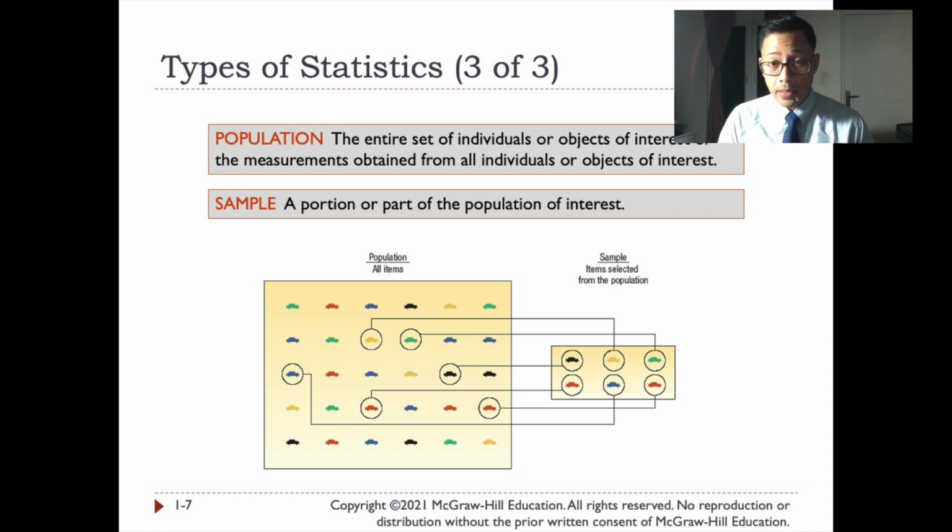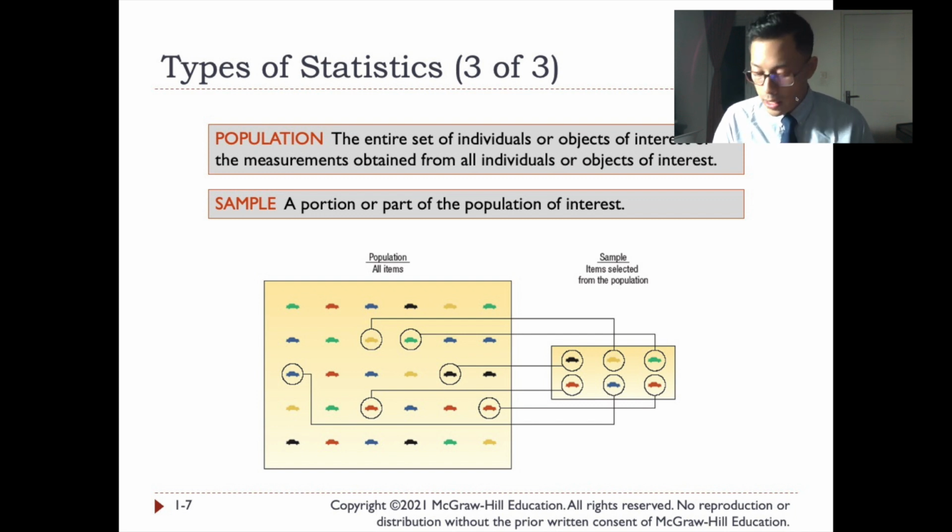So population is basically the entire set of individuals or objects of interest, or the measurements obtained from all individuals or objects of interest. Again, population could be something that we can readily observe, such as the number of students in a particular class, or for example, the number of houses or households in a particular complex. That's something that we can actually see, and gather data on. However, in many cases, it's quite difficult to get